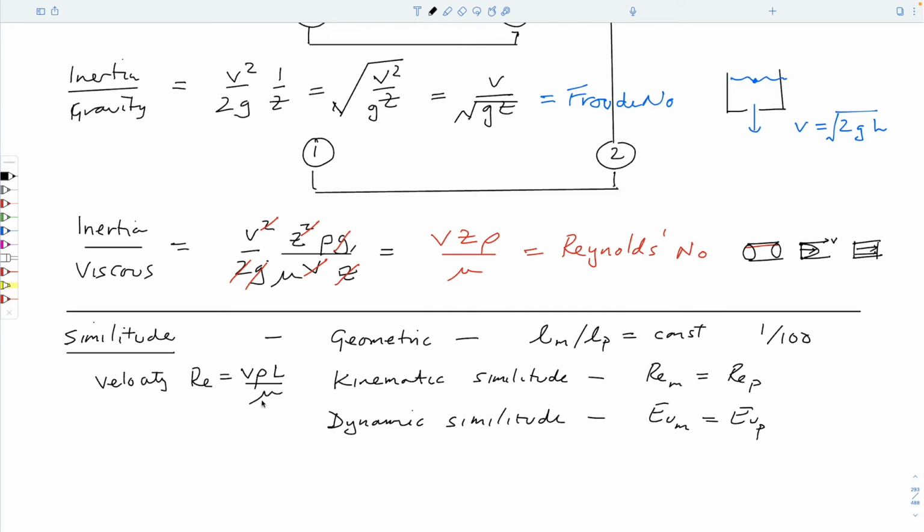And so you control the fluid that you're flowing in. For these dinosaurs flying in air and planes flying in air, the fluid was air, so the density between the model and the prototype would be the same, but it doesn't have to be. You could do a water tunnel model for an airplane in water, and then use that to calculate the behavior if it was flying in air, because you can factor out the influence of the viscosity and the density of the different fluid by using this non-dimensional number. So what this means is that